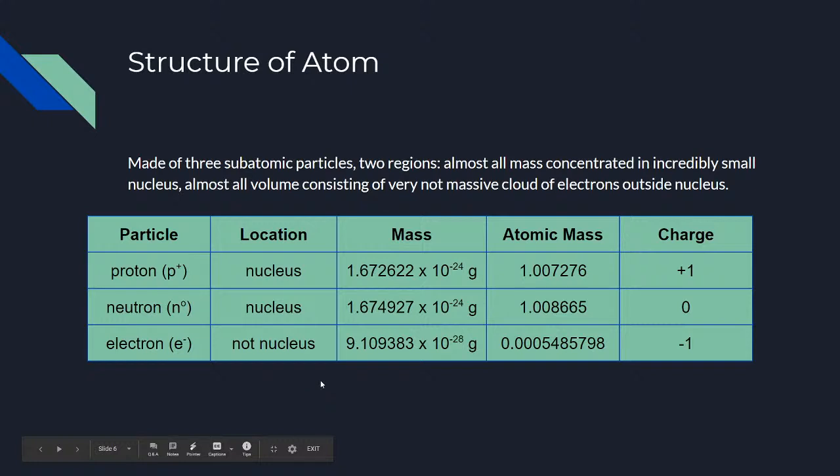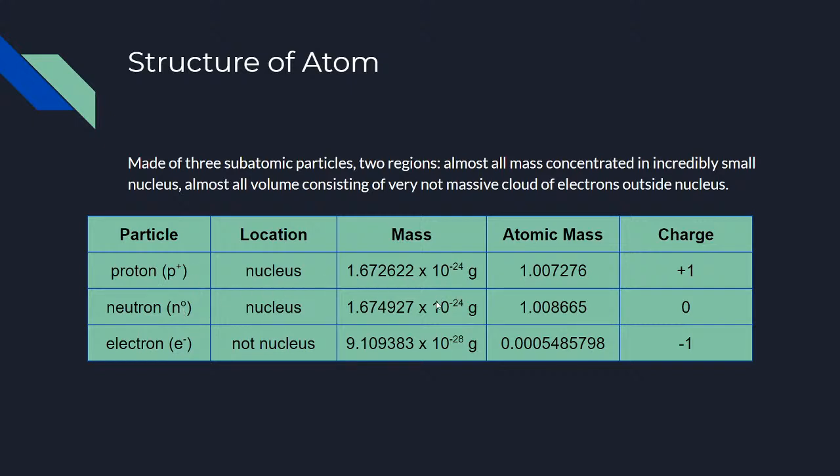So this is where things stood after those three experiments. The structure of the atom. We know that there are 3 subatomic particles located in 2 regions. Almost all of the mass of the atom is located inside of an incredibly small nucleus. Almost all of the volume of the atom is made up of a very, very low mass cloud of electrons outside the nucleus. Okay? So inside the nucleus we have protons and neutrons,